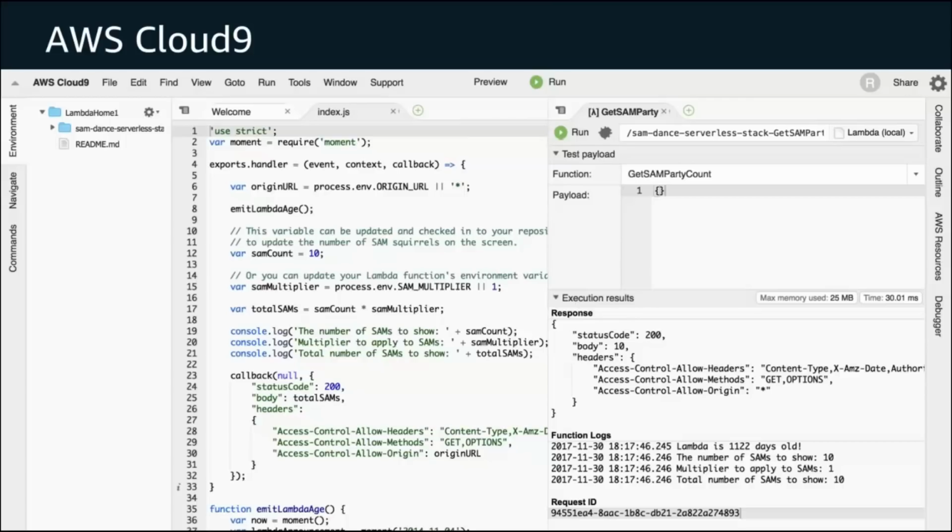Great. And again, you can get started right inside of the Cloud9 environment. You can deploy directly from this environment. You can pull in other existing applications from your Lambda environment inside of this. And so it is a really straightforward and easy way to get started with doing serverless development.